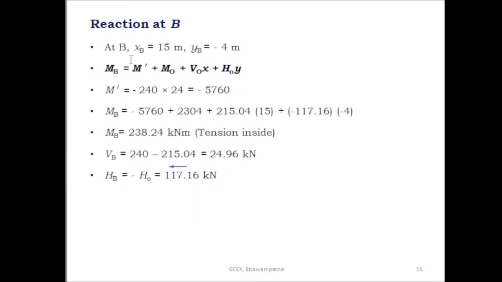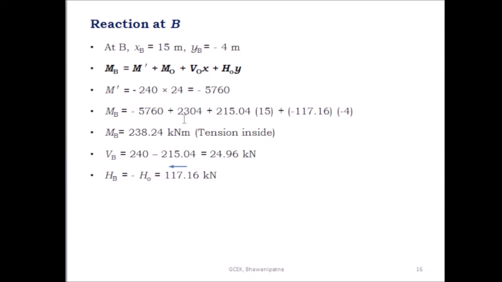So M dash is equal to minus 240 into 24. This is equal to minus 5760 kilonewton meter. Then you know MO, VO, HO, and the x coordinate and y coordinate of the support B. Then after putting all the values, the expression is MB equal to minus 5760, this one is M dash, plus 2304, this one is MO,